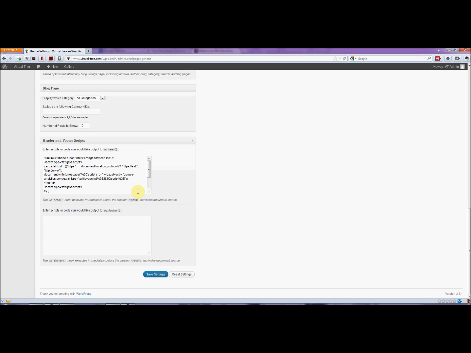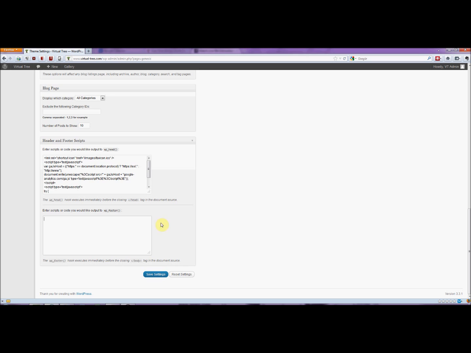So it shows you your visitor stats and everything like that. We'll get into that in more detail in another tutorial, but this is where you would enter that code. And here it also allows for any scripts that need to be put in the footer section. Again, in most cases, any application that requires you to put it in a header or footer section